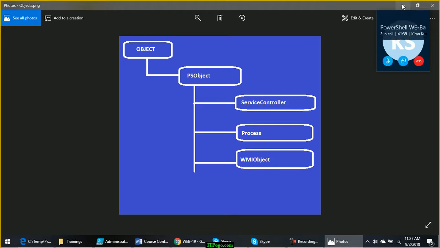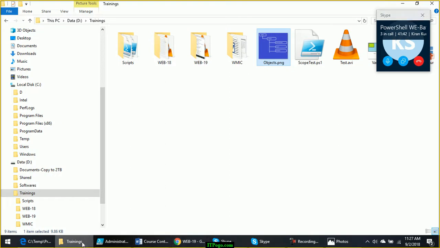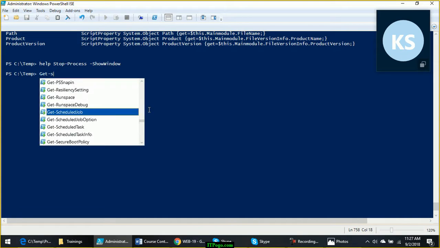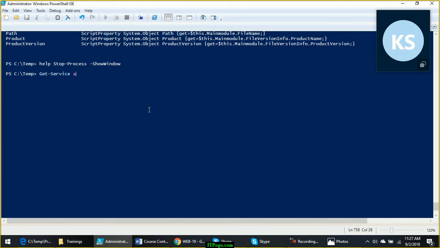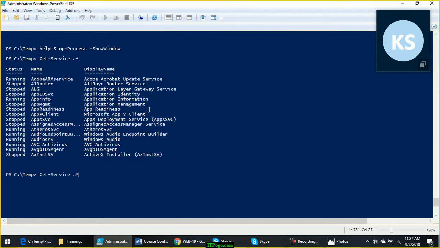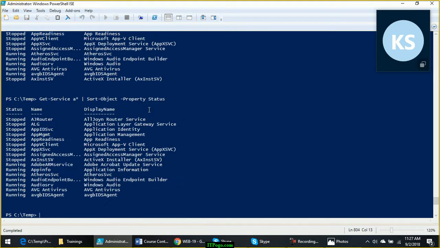So there are certain commands like when you run Get-Service a*, and if I want to sort it based on the status, I can use Sort-Object -Property Name as Status. So it is able to sort it. Look at column 1, it is successfully able to sort it.